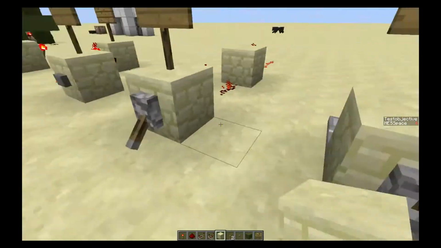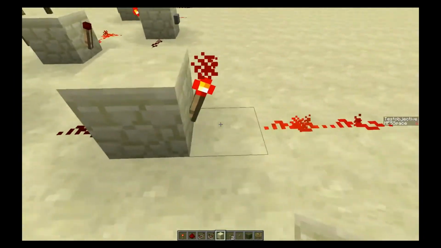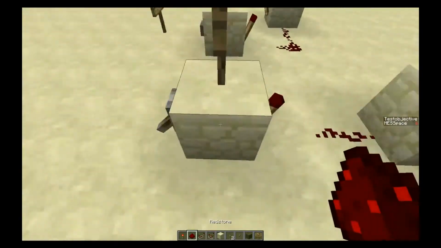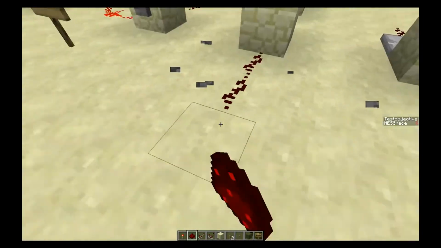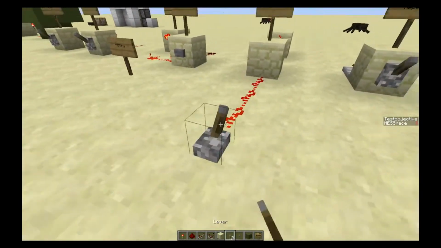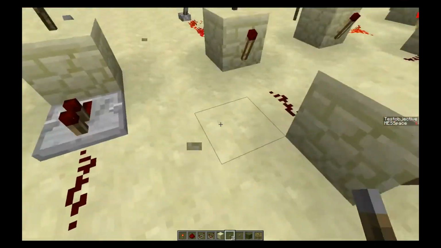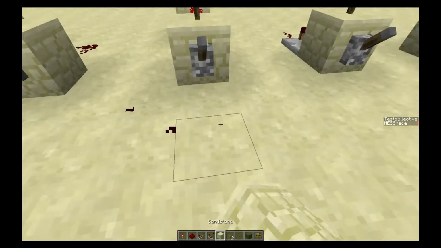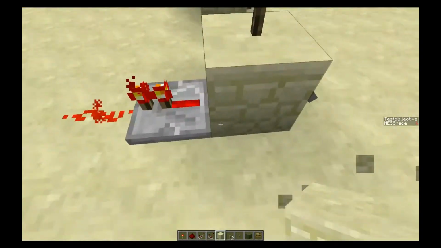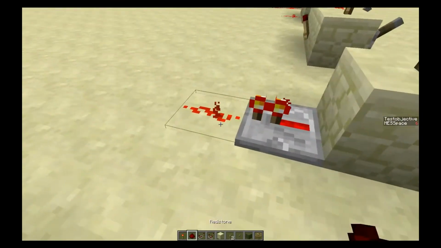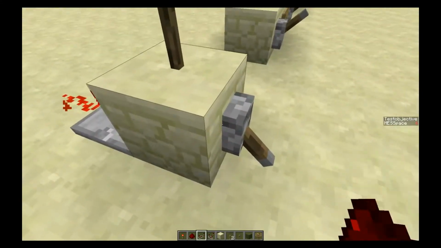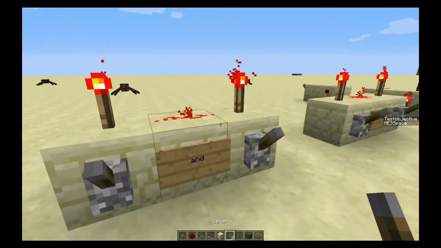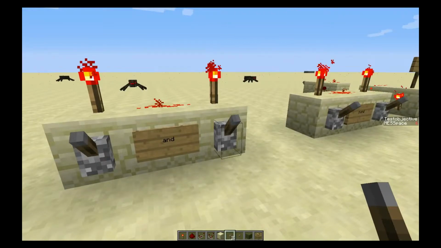So you'd flip this, and then this would turn off, letting this turn on, and making your signal go as far as you want. So you could have your redstone signal right here go through, it would turn this off, and it would go back to its full strength again. That's how the previous repeater worked. Now, the current repeater is basically just a repeater that takes the redstone signal and puts it out at highest power. So this is an AND gate, and the